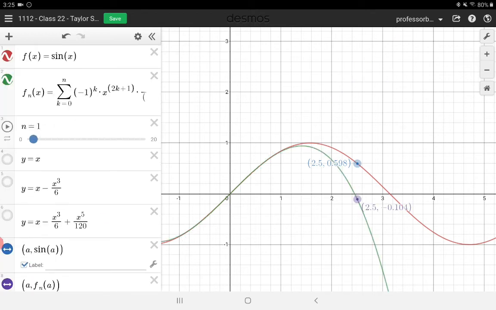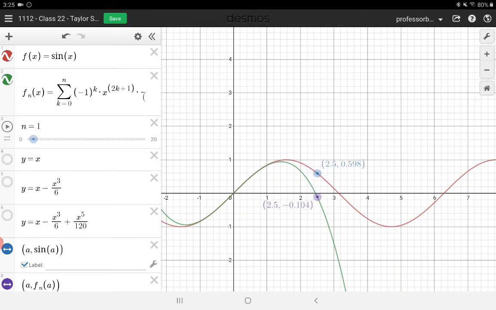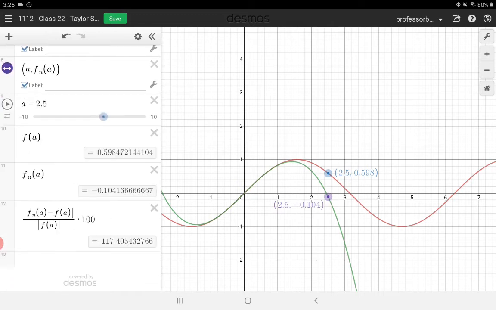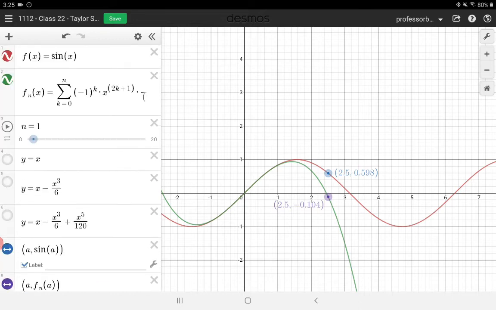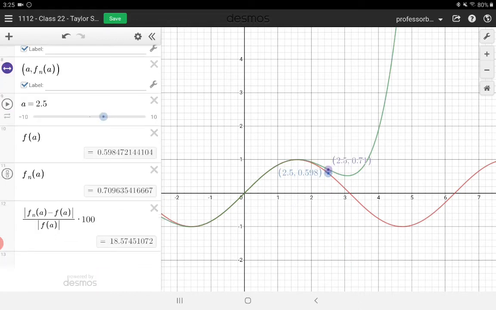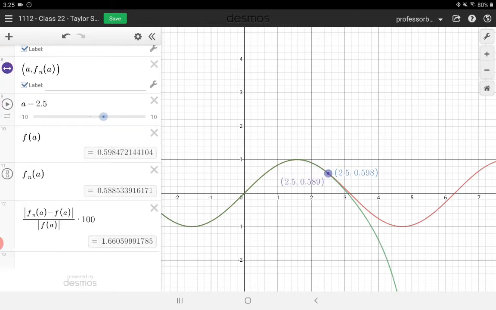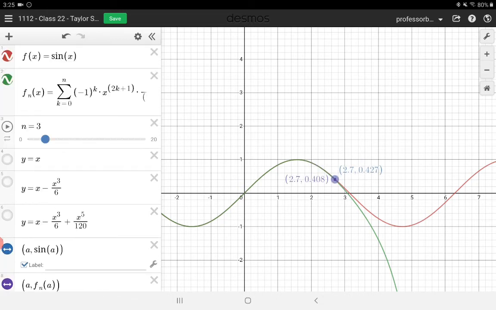And as I add more terms, and remember globally zooming out, as I add more terms, this is making more of the curve lay down on top of the sine function. Notice how even by adding the second term, I'm a little bit closer, and now I have a, well, still 117% error, which is terrible, but much better than the first estimate we had. As I add another term, oh wow, much closer, about an 18% error. And then I add another term, and they're practically the same thing, and now I'm down to 1% error. And as I keep adding terms, I would see that estimate